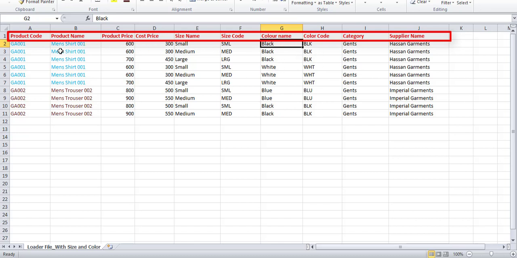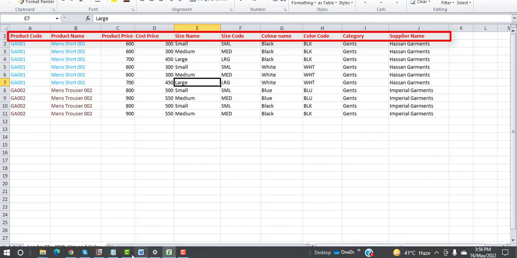Now, while creating variant file, I have listed all sizes, small, medium, large, along with their codes, and then the first color, black. Then again, it's repeated small, medium, large, SML, MED, LRG with white. So these are 6 SKUs. Similarly, there are 4 SKU in the other product. So let's proceed